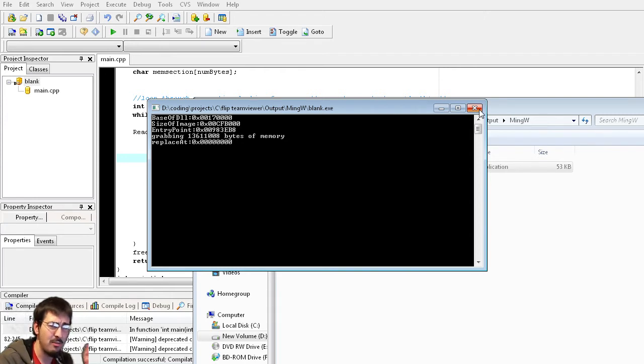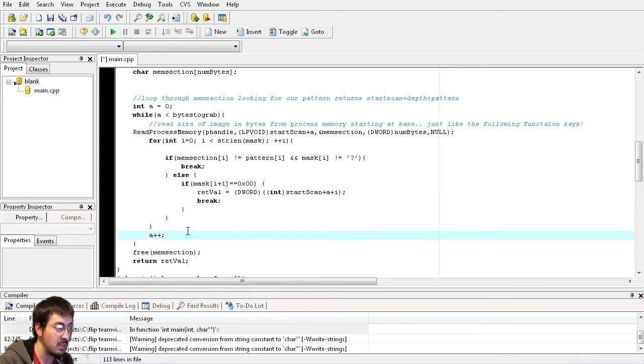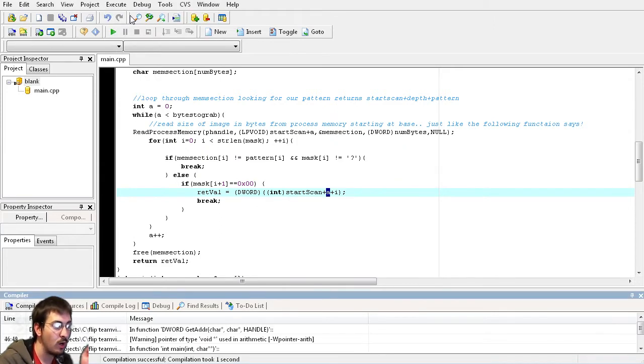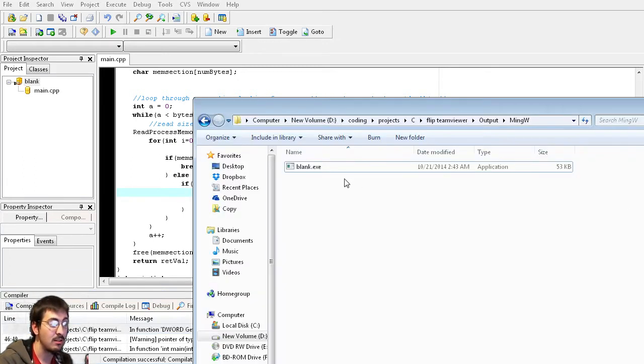And it had a little bit of a pause to it. Now, let's increment by 1. A++. So if we break, we want to do this addition after this, in case we do find it. We don't want to do it at the top. So now we're going to increment by 1, and each time we're going to be grabbing the number of bytes